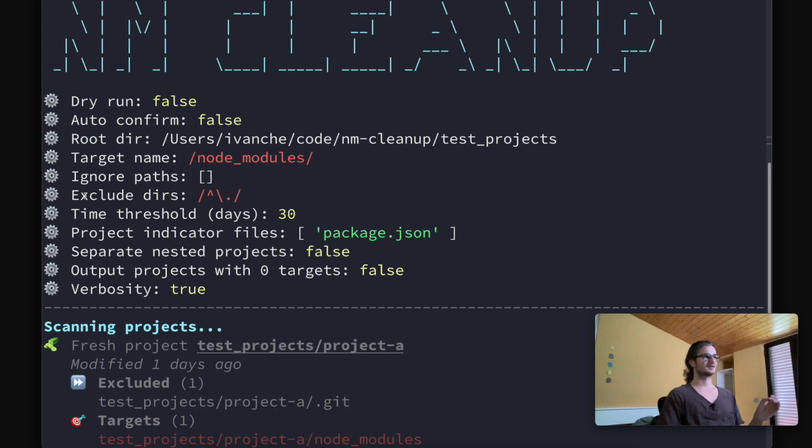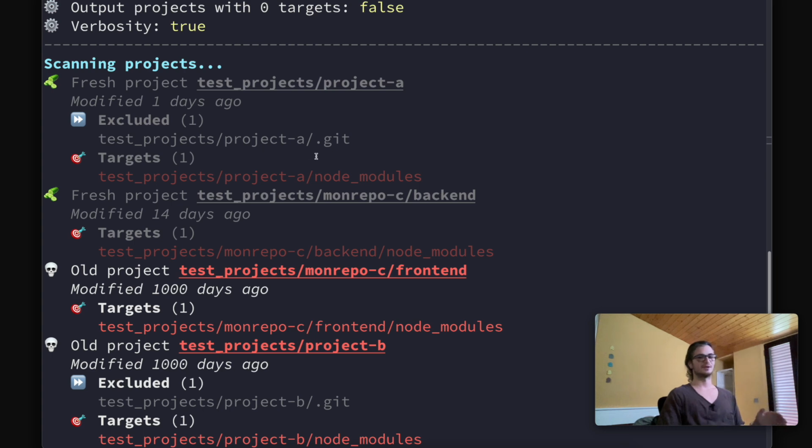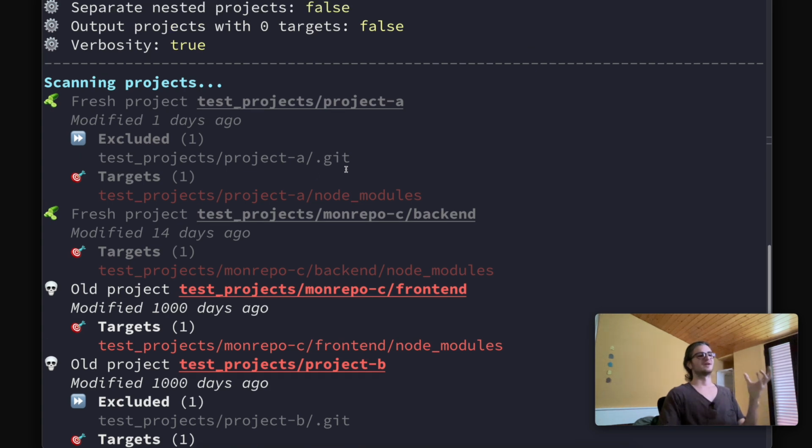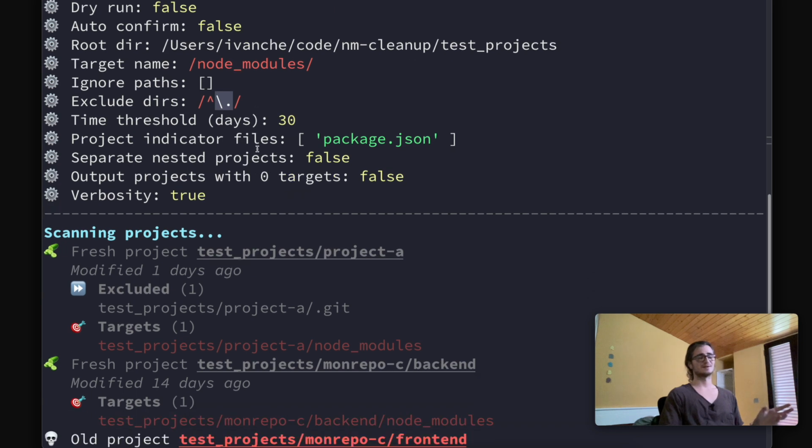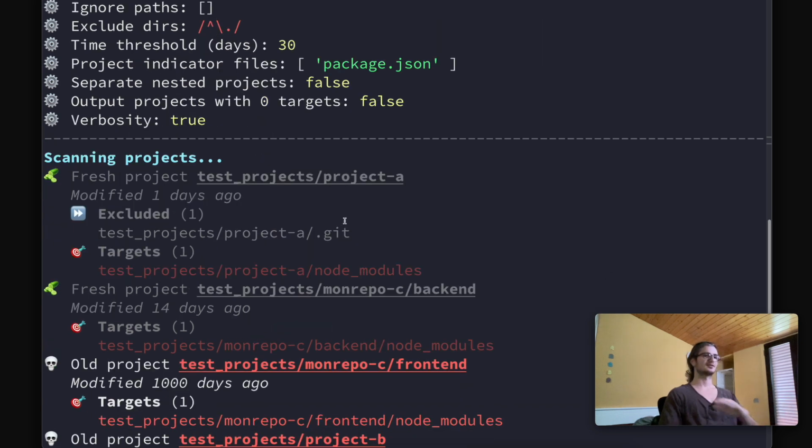So we have this exclude pattern over here, which says if the directory starts with a dot, so if it's a hidden directory, by default it's gonna get excluded, and the recursive scan is not gonna get into this directory at all. We're not gonna scan it because we know that in our hidden directories there are no node modules folders in there in our Git. And you can configure this based on your needs to something else, but by default it just excludes everything that